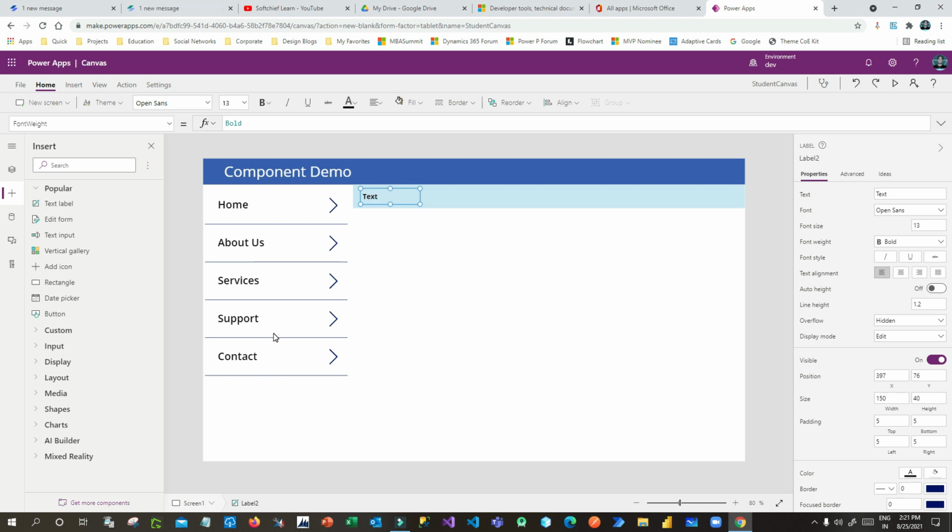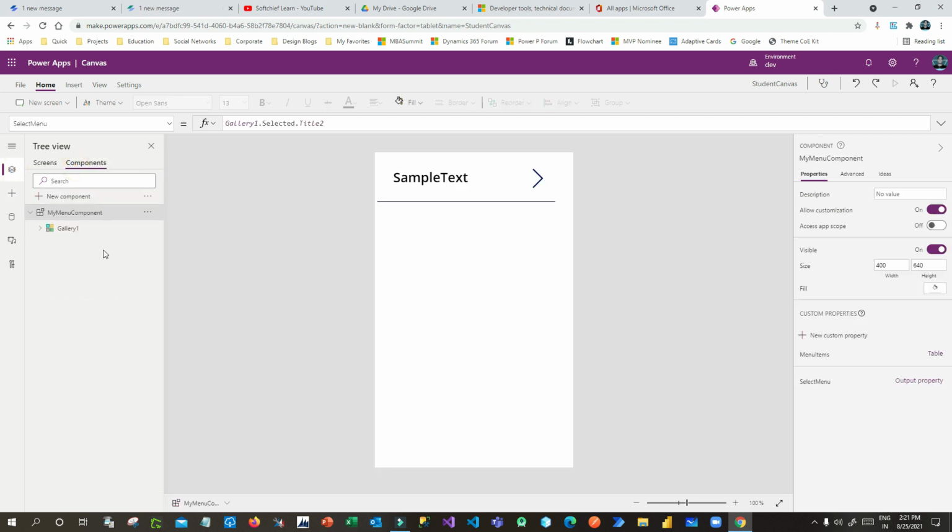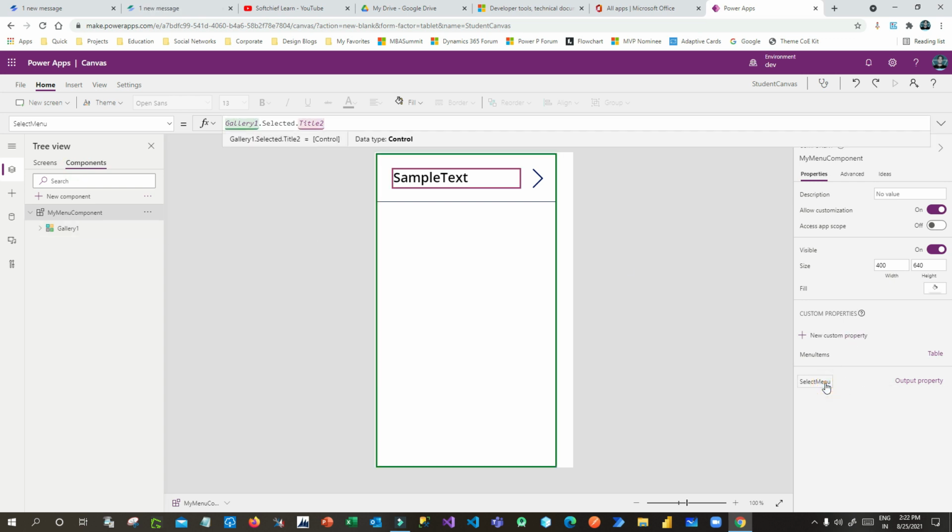So whatever gallery item is selected is available in the output property of the component, right? If you go here, you can see this is SelectMenu, which is the output property, and it is pointing to Gallery1.Selected.Title, right?